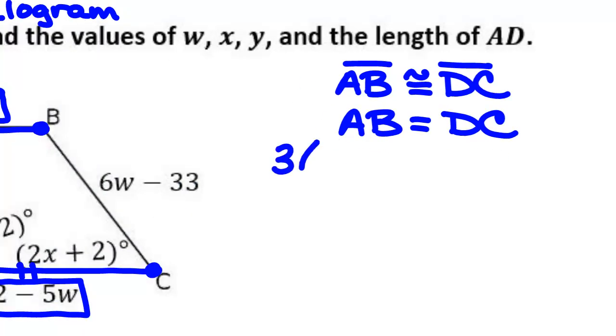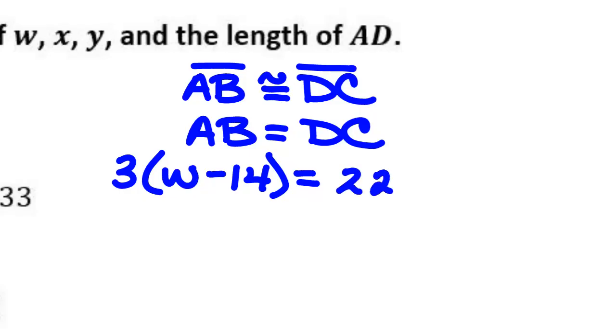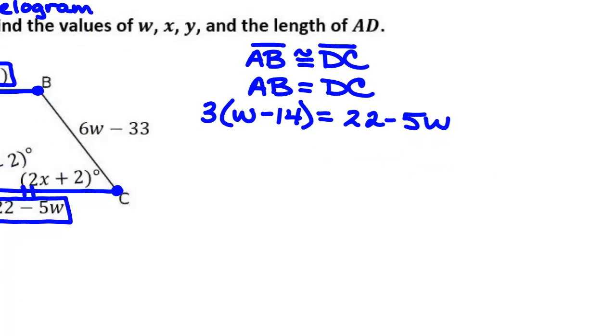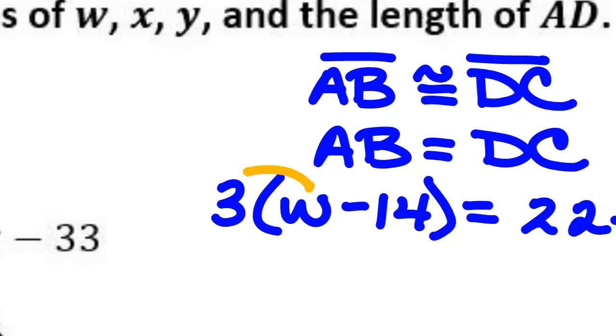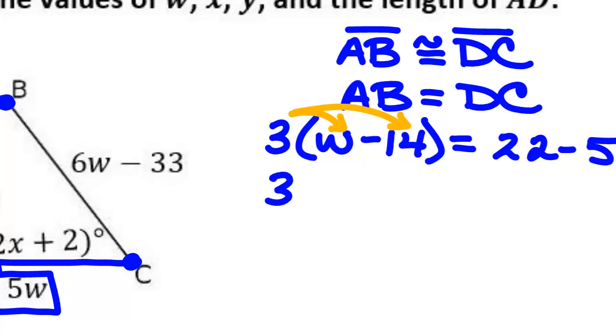So 3 times W minus 14 is equal to 22 minus 5W. If we're going to solve this for W, I need to get rid of the parentheses here. What can I do with this 3 to get rid of the parentheses? Yes, we're going to multiply. We're going to distribute. So I distribute that 3 inside the parentheses. We have 3W minus what? 42